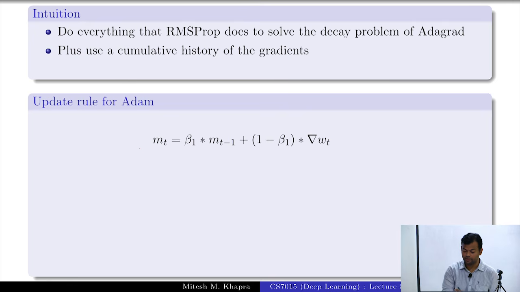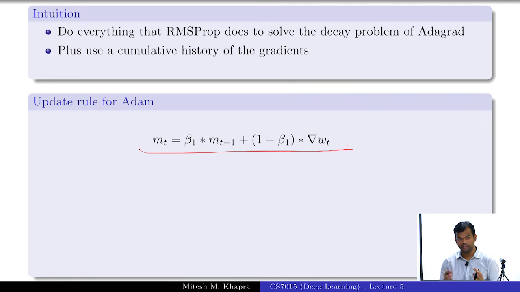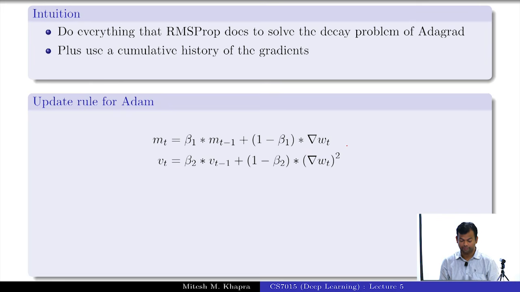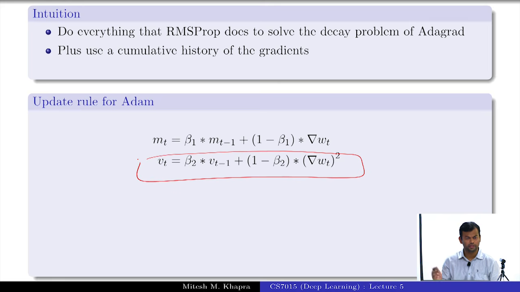So what is this term doing actually? It's taking a moving average of your gradients. This is the same as the momentum based rule. The same analogy that I'm going to Phoenix Market City, I'm taking all my history into account. And V_t is again a cumulative history. This is the same as what was happening in RMSProp. Is this fine? Everyone is okay with this? Okay. Now what would the next step be?